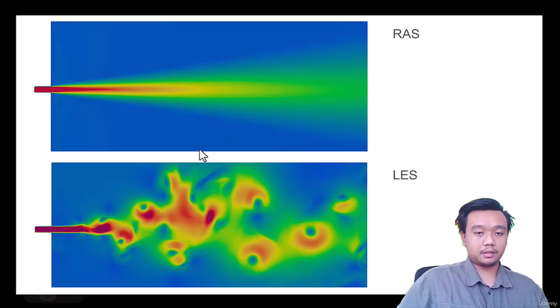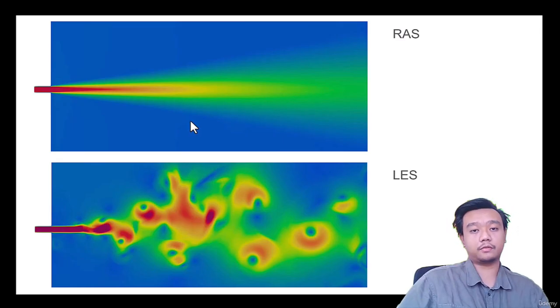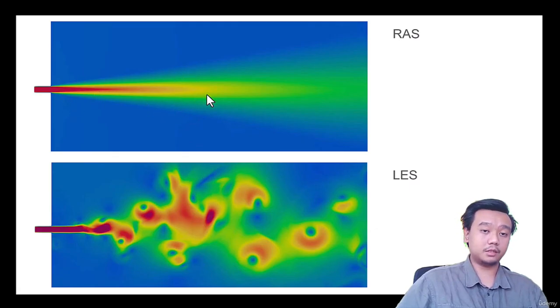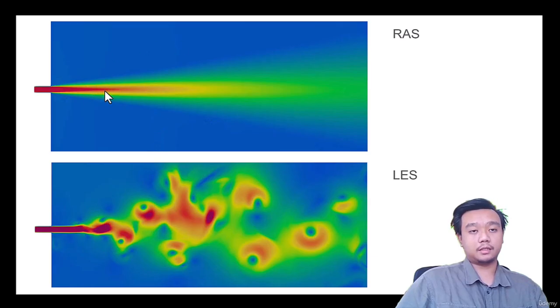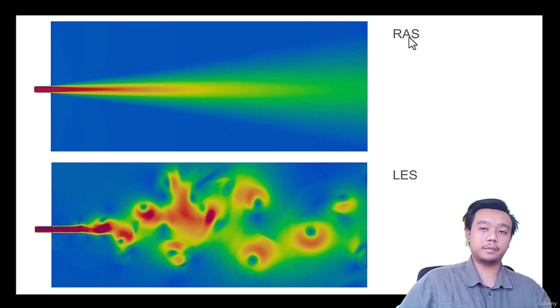And if we see this picture, we compare the RAS and LES side by side, we can see that we lost the detail of the flow itself. So if you want to see the detailed interaction, let's say for the transient flow, we only get this kind of picture that we cannot explain everything with, of course. But if you just want to solve, for example, the drag coefficient or lift coefficient, or maybe the temperature distribution of a building without really needing to understand the detail of it, RAS will be sufficient